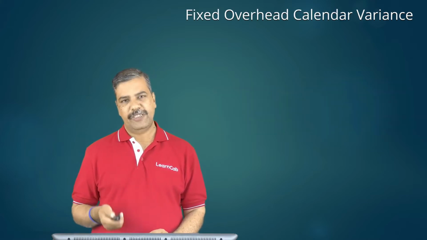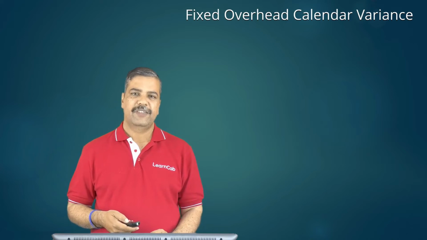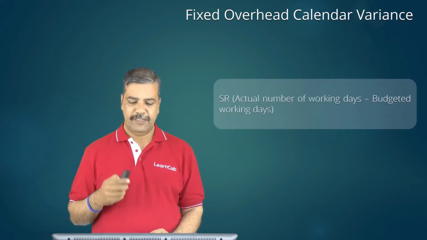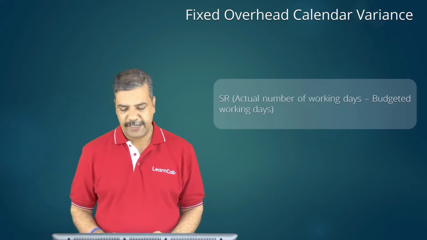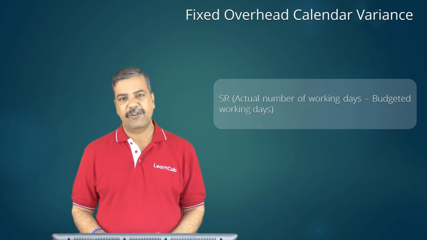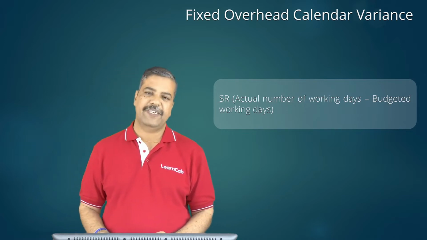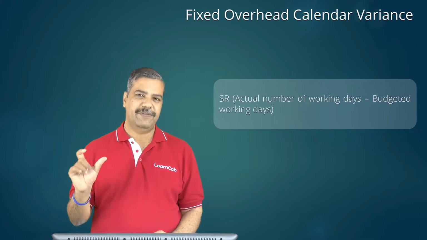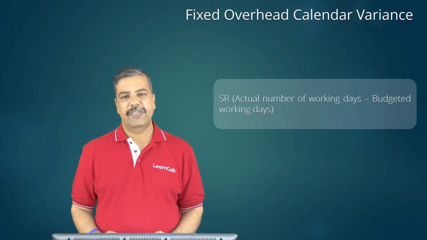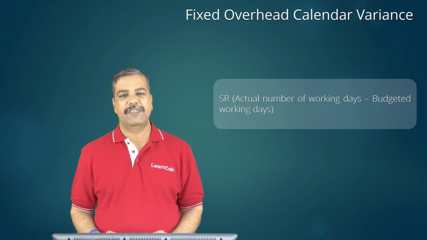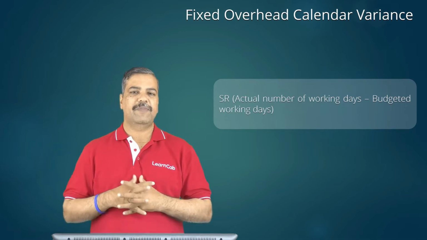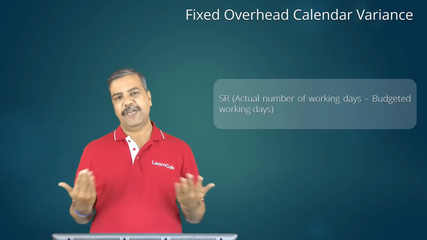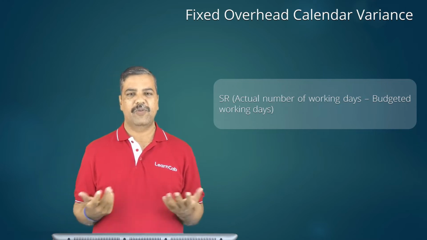Next, calendar variance. I told you it's something to do with days. So let us see the formula. Standard rate, open the brackets, actual number of working days minus budgeted working days. Here we are going by number of days. Calendar means days. What is the actual number of days you have worked, and what are the budgeted working days you had planned for? When you multiply by your standard rate,